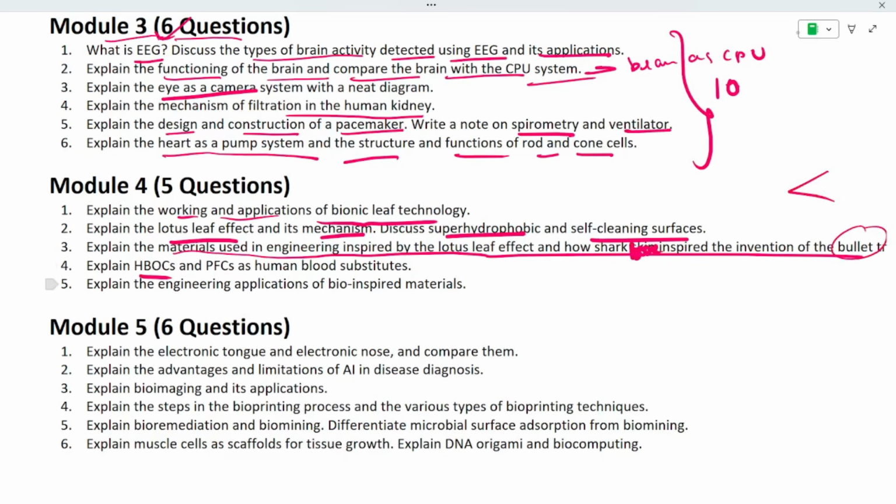Okay, next is HBOC and PFCs as human blood substitutes. Next is engineering applications of bio-inspired materials. That is 5 questions. If you study, you can easily score maximum marks, no need to worry at all for that. Next we will be discussing module 5,